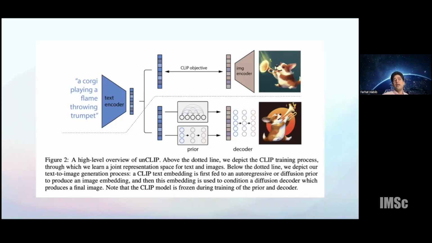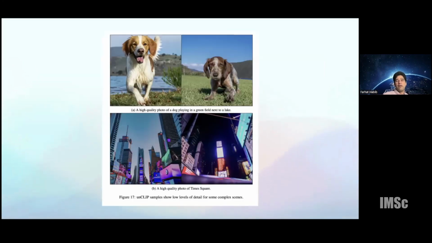So for example, something like a teddy bear roller skating on Times Square would not be one of the images that it has seen, but it would have seen enough images of somebody roller skating, enough images of Times Square, enough images of teddy bears, that it can put together a realistic image, synthesizing all these elements that are given to it.